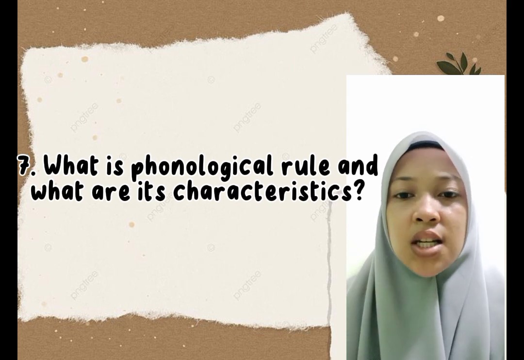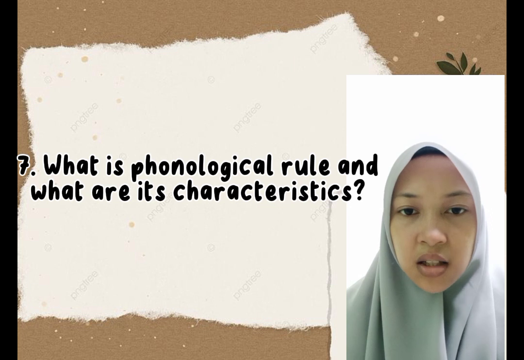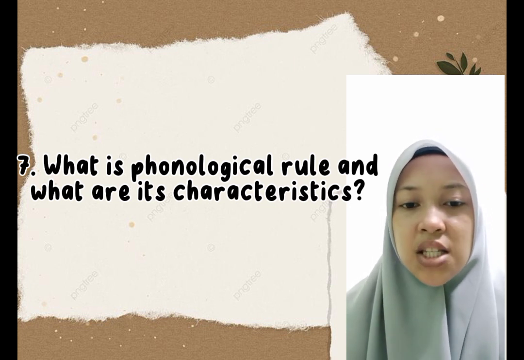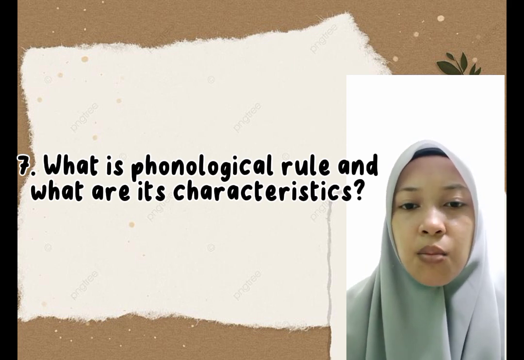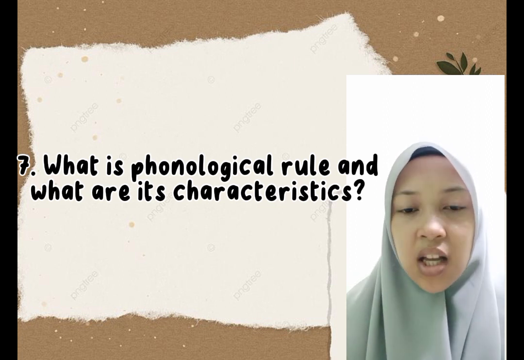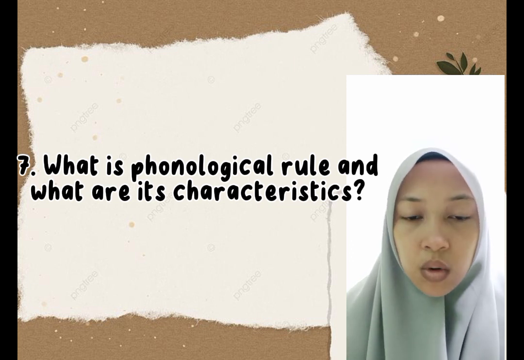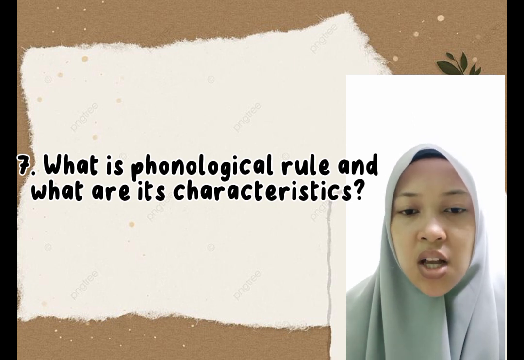Isb 2009 further stated that in general, phonological rules can be characterized by several characteristics, including the first, phonological rules are intuitive. This characteristic indicates that phonological rules allow speakers to be intuitive about which sounds of words of a particular language are